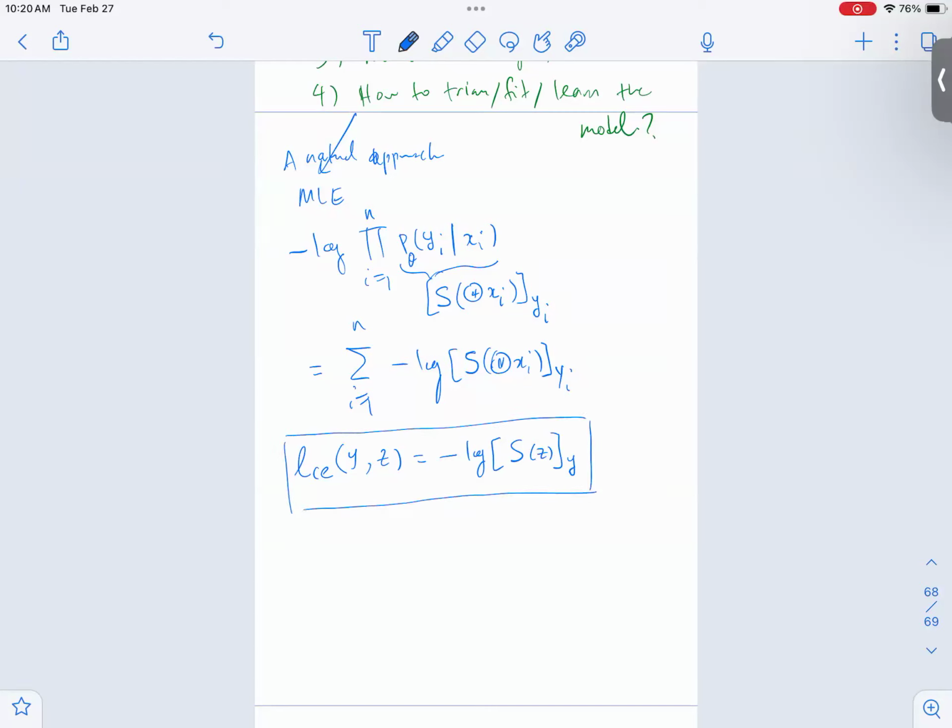It is defined between a label and something which is in R^C. So it takes something in R^C, which in our case we interpret as logits, the equivalent of logits in logistic regression, and then this is the label, and this forms the loss. So it takes the softmax of z, which is a probability, looks at the y coordinate, and then takes the negative log. So this defines a particular loss between a label and a logit. And then this I can rewrite as